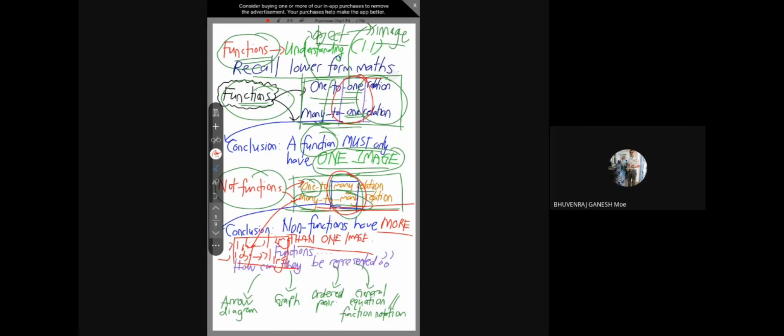So when we generally talk about functions, how can they be represented? Actually this one is an extra, but the main three things are here: arrow diagram, graph, and ordered pair. The most common one tested in NMATS in this subtopic is going to be arrow diagram, because they can